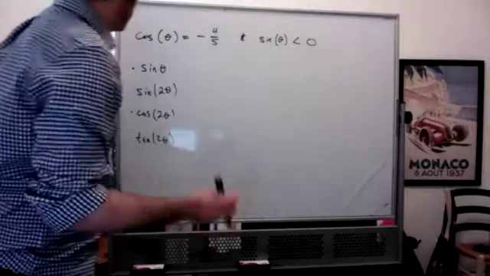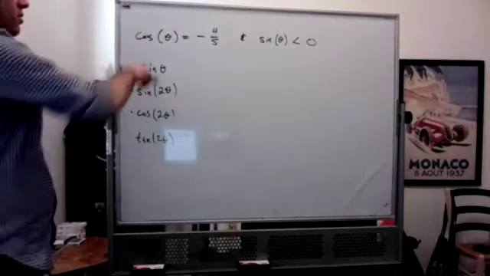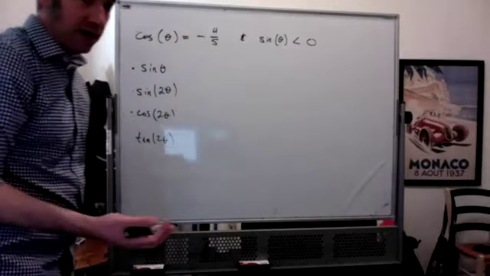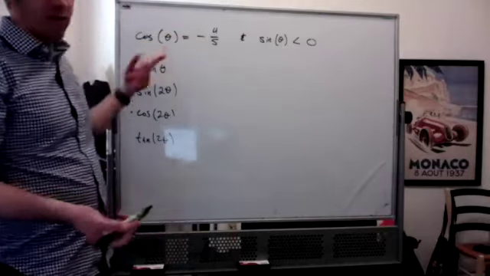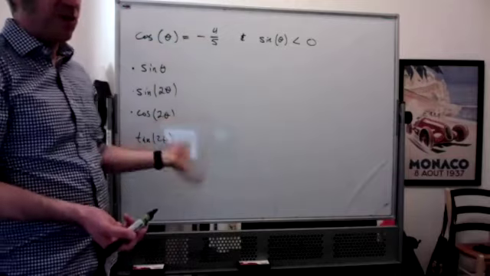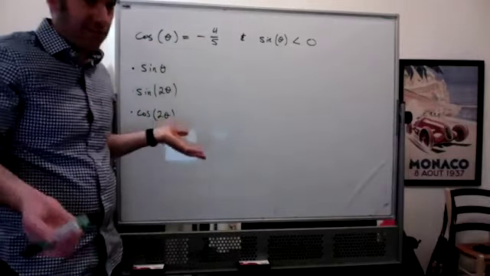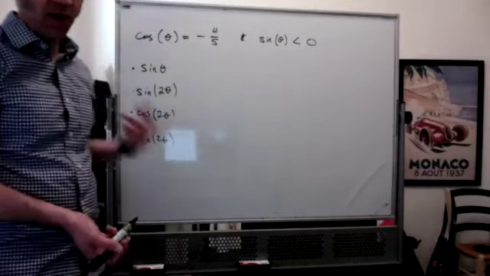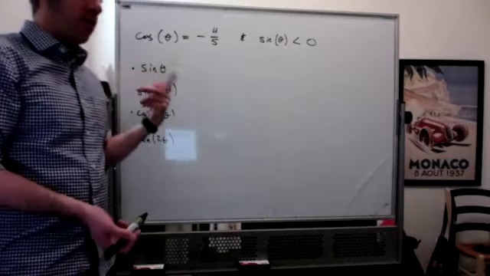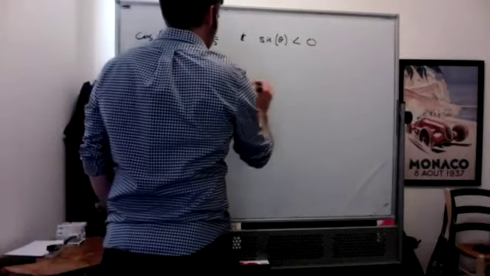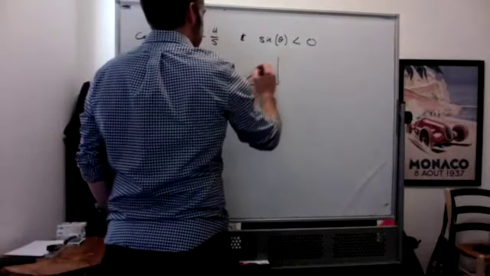Anyway, what I really want to point out is when you're given cosine equal to something or sine equal to something, most of the time the idea is that this is an angle that we aren't really familiar with. I don't know what angle gives you -4/5 for cosine. It's okay. We don't have to know the angle. What we do have to know is what cosine looks like when you're thinking about a triangle. So if I draw the triangle for this,